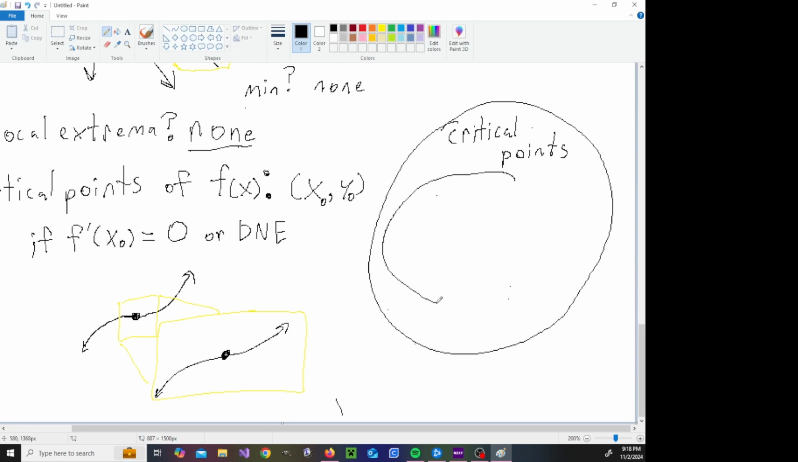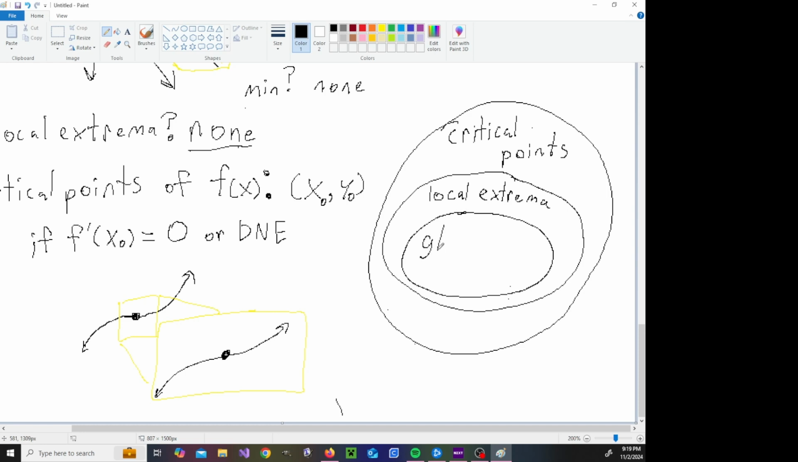then inside of this circle, we're going to have local extrema. These are all the values where we zoom in and it looks like a local maximum or a minimum inside of that neighborhood. So my critical points are candidates for local extrema. Well, then local extrema are also going to be candidates for global extrema,